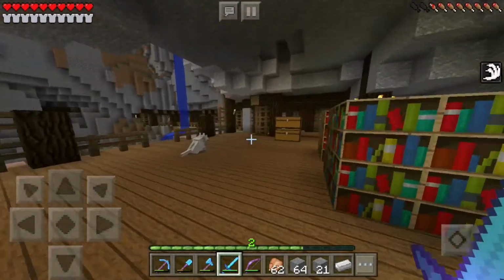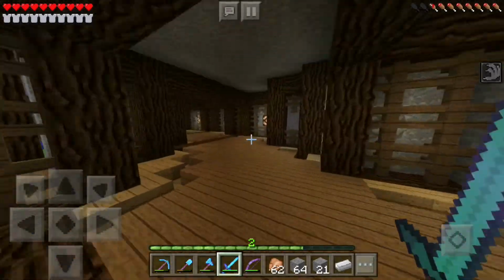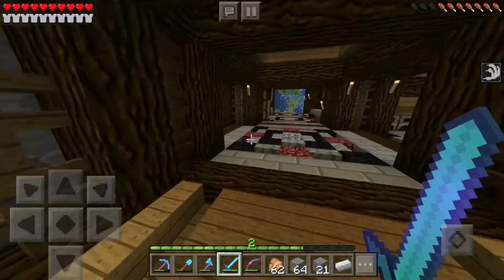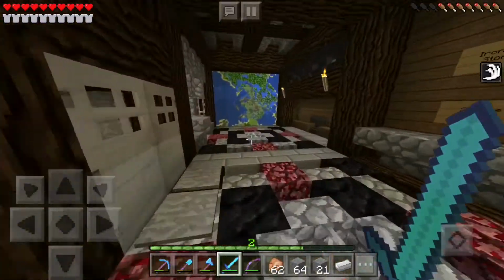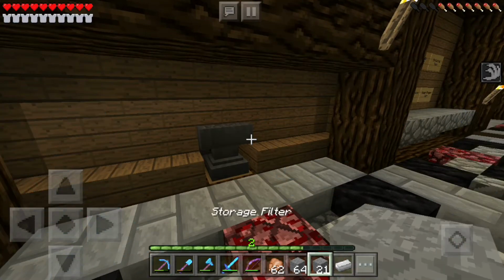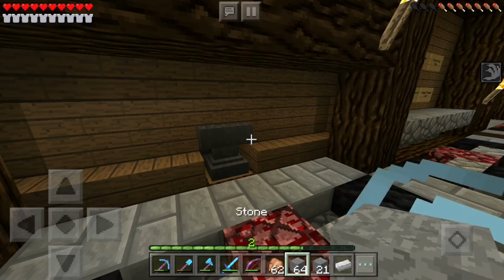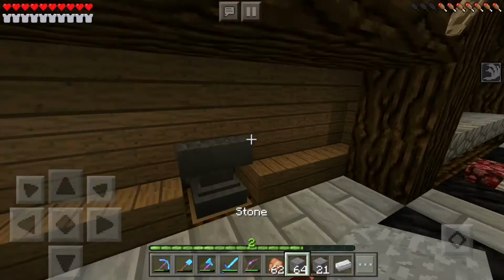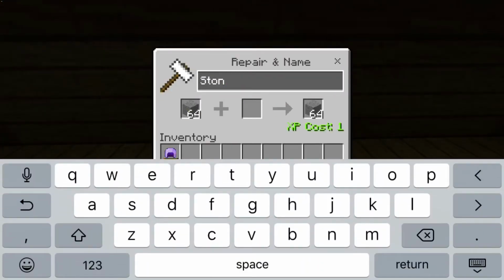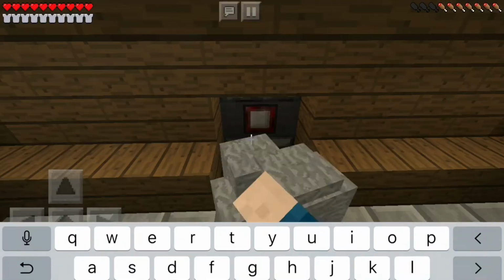The sorting system is completely built, but we need to get our filter blocks. So what we need to do in order to do that is to go over here to our anvil station and rename a bunch of these blocks. And I've already done that for quite a few of them, so I'll just do this as a demonstration. You can see one's storage filter, one is stone. So we'll throw this into our anvil and rename it storage filter. You can rename this to anything that you want, but that's just the name that I've...